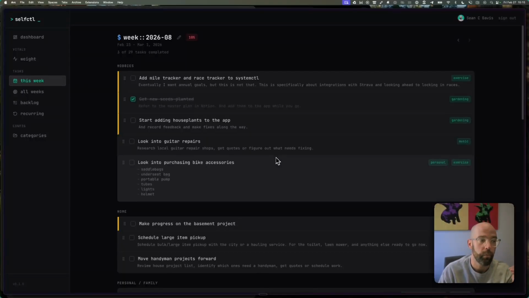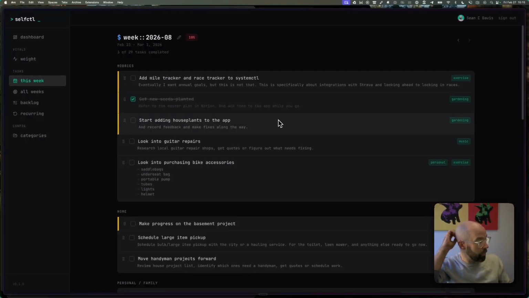And so I've found myself recently using OpenClaw quite a bit. What I can do now is I have built an API and then had the API documented so that I can have my AI assistant read that documentation and understand how to interact with this app.